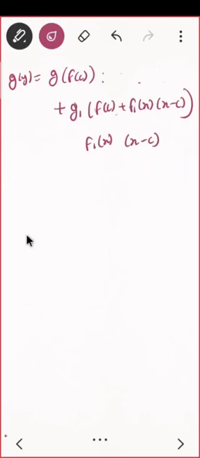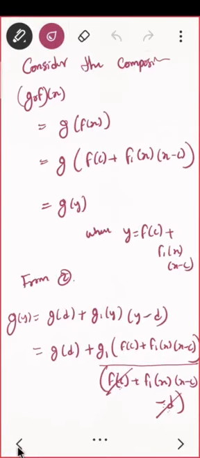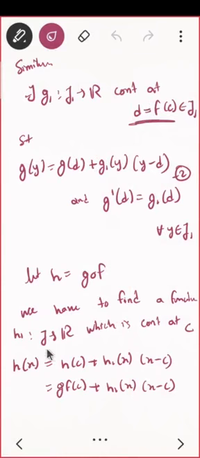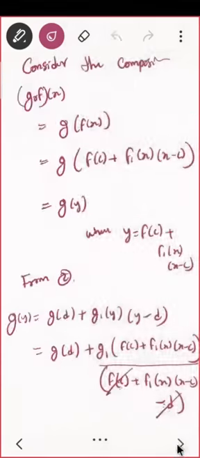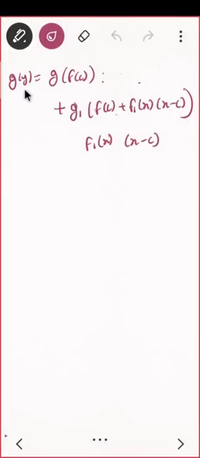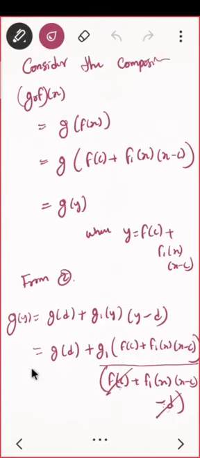Now try to compare what is g of y. What is your h? How did we need it? I need to find an h1, correct? I need to find an h1 such that this should happen, that is h of x equal to g of f of x, and this should happen. Do you observe something? Left hand side is g of y, which was the same as, we started with composition, do you see, which is g composite f.